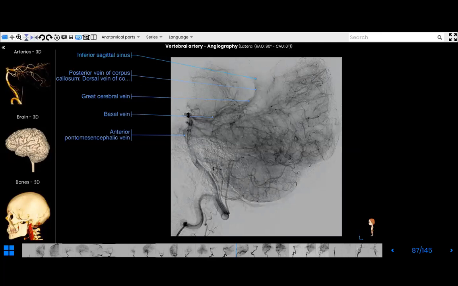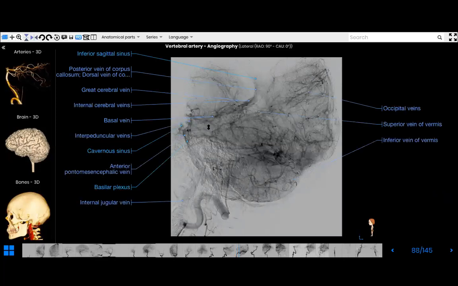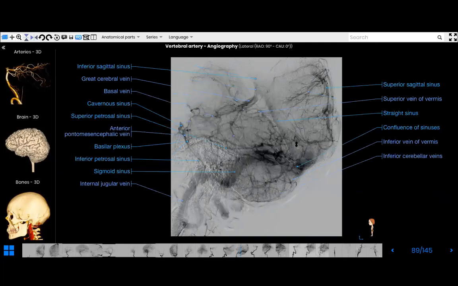Here there will be the peduncular vein, which is not marked, and that continues as the anterior pontomesencephalic vein. Here we can see the peduncular vein nicely. This is the cavernous sinus. Anterior pontomesencephalic vein, basilar plexus will be there. The superior vein of the vermis is seen. This is the inferior vein of the vermis. This is the precentral cerebellar vein. So the superior Wormian vein, precentral vein, and the pontomesencephalic vein, which drains into the interpeduncular